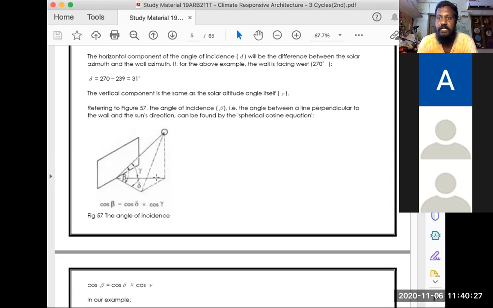How to find out the azimuth angle, whatever it could be. Imagine I'm taking 4 o'clock in the evening, which is on the western side. The sun would be on the west because it's going to set. So it could be 260 degrees. So I'll take the perpendicular angle of the west, which is 270 minus 260, is what I'll end up